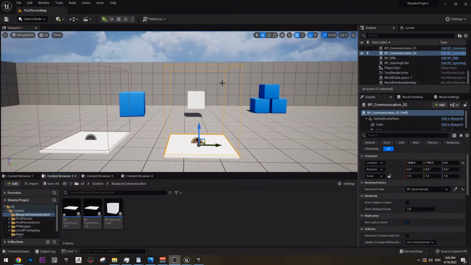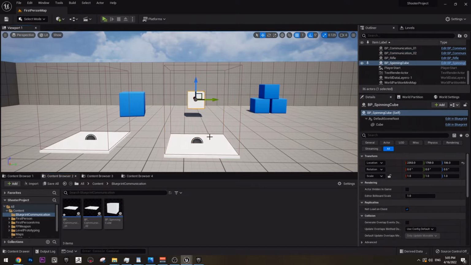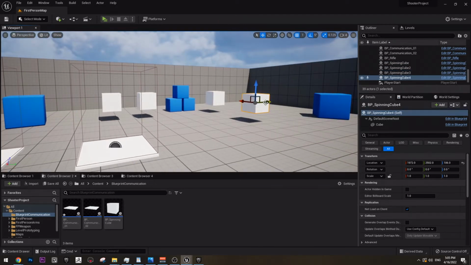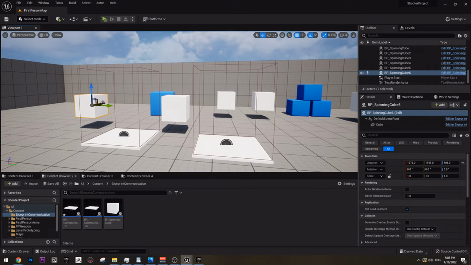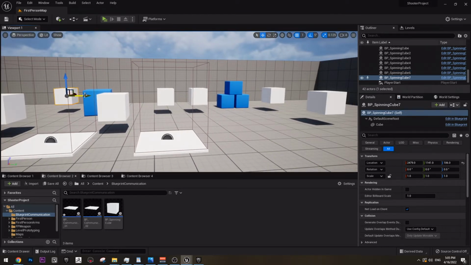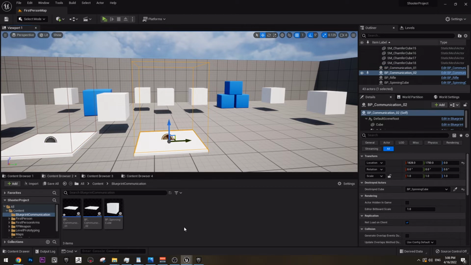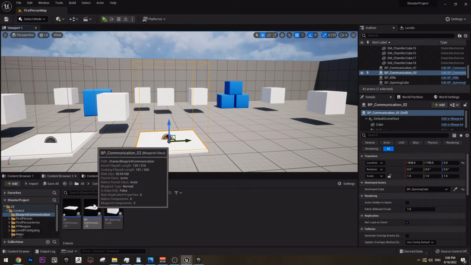The next thing I'm going to show you, it's actually pretty simple. So we are going to use the same blueprint that we used here. And what I want to show you is what if you have, for example, a lot of cubes, many cubes, and they are all around the level, right? And you don't want to do it like this. You don't want to select every single one individually, but you just want all the cubes in the level to spin. So how can we do this? So if we go to the blueprint communication blueprint 2,